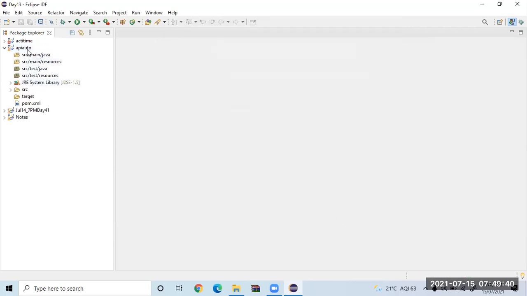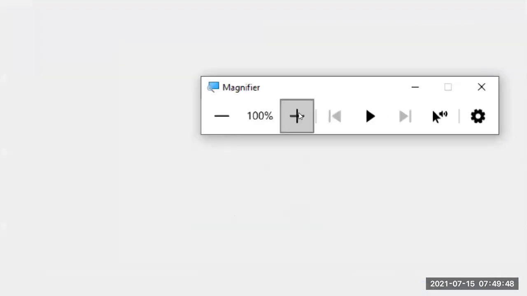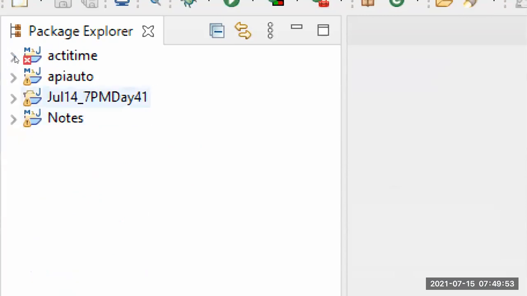So it will create a project with multiple files and folders. One thing you should never forget. Let us go here, magnifier. I hope you can see this. Here there is one Java project, and I hope you can see the J symbol. Whereas the one that I created has M and J. M stands for Maven, J stands for Java. This is a Maven Java project.